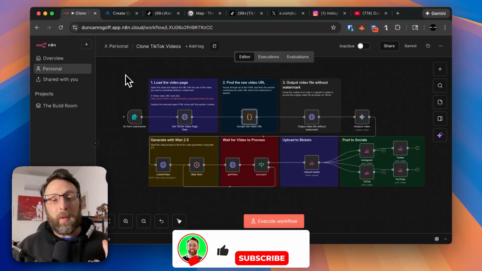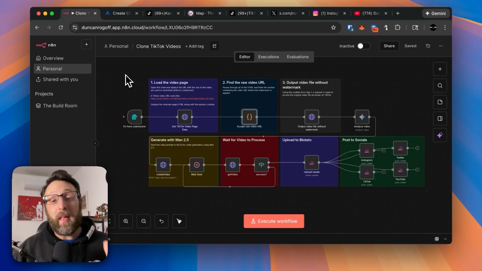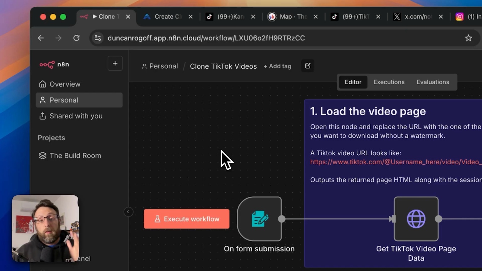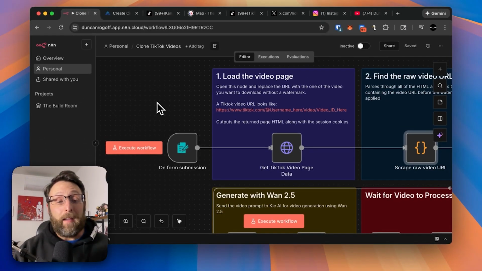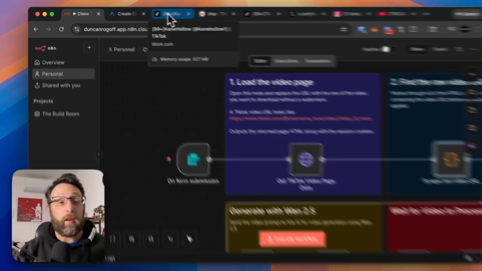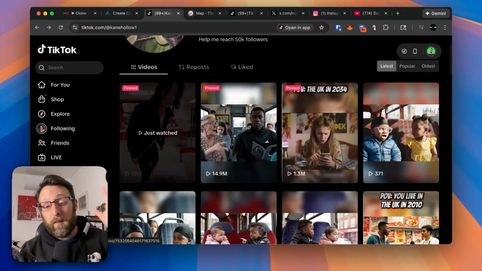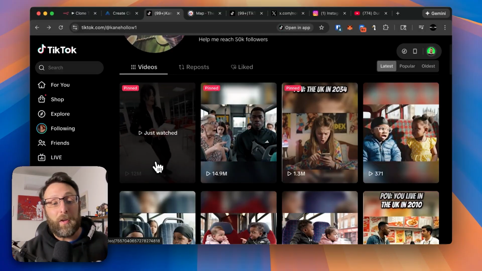Let's dive in. So here we are inside of N8N. Let me show you how the system works at a high level, and then I will take you through step by step. So this whole automation is triggered by a form submission. All you need is the URL from a viral TikTok video. So I'm just going to go ahead and do that now so I can take you through the system. I was going through this guy's channel. He's had 12 million views, 14 million views, a million views, and I was just going to use this ridiculous